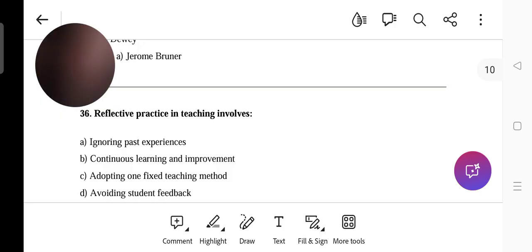The question number 36. The reflective practice in teaching involves, option A,